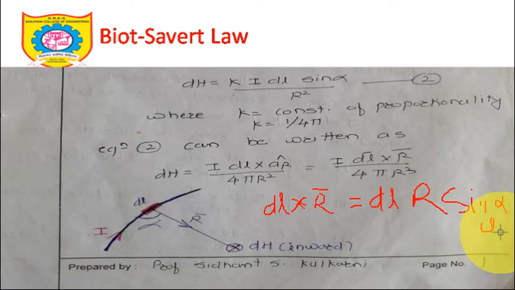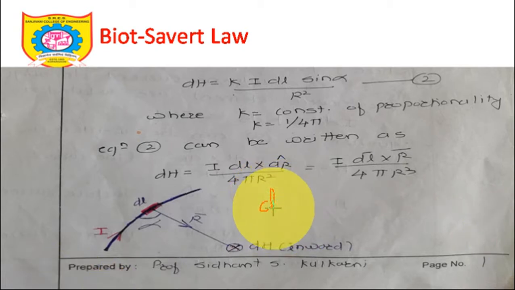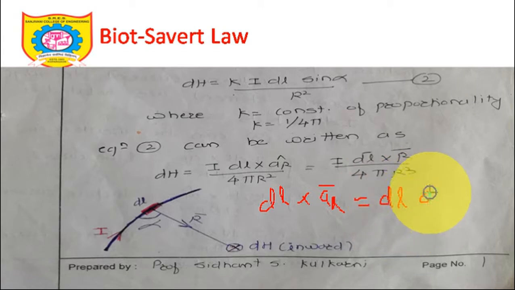Now this a n cap is the unit normal vector. Sorry, I am not able to write with this marker. Now I want to ask you a certain question. Once again, if I want to write a cross product between dl cross ar bar, what is ar bar? It is a unit vector; the name itself indicates it is a unit vector. So if its magnitude is unit, can I write this as the magnitude of dl bar into mod of ar bar into sin of the angle alpha